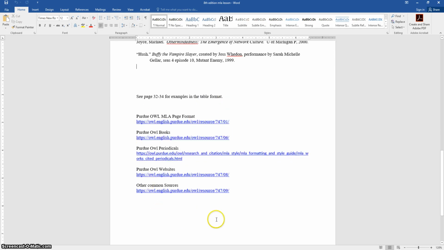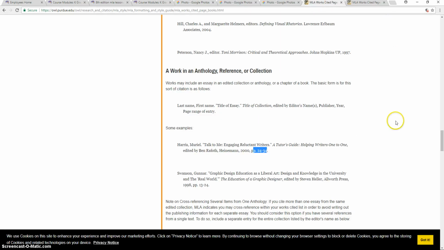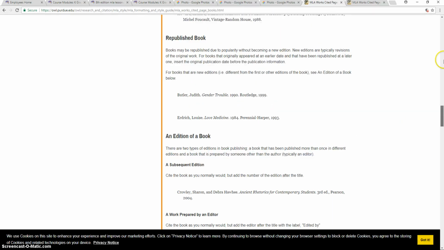There are a series of links here today. This Purdue OWL page format one is pretty similar to my lecture if you want a little more information there. This is about books, and this one's about periodicals. These are the main 2 that you're going to want to look at for your homework assignment. If I jump over to books,